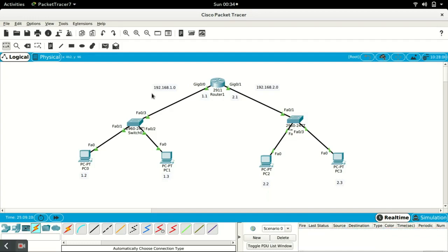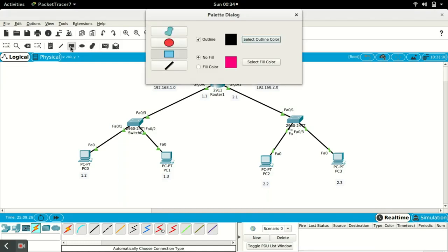Okay, so another feature that I would want to show you is this down here. You can click on any one of these here. If I click on this one, this means I'm selecting a line. Clicking on this one means you're selecting a rectangle, an ellipse, and this one is free form, so you can draw it anyhow you want. So for example, I can select a line here and then just draw any line here. These you can use maybe to further beautify